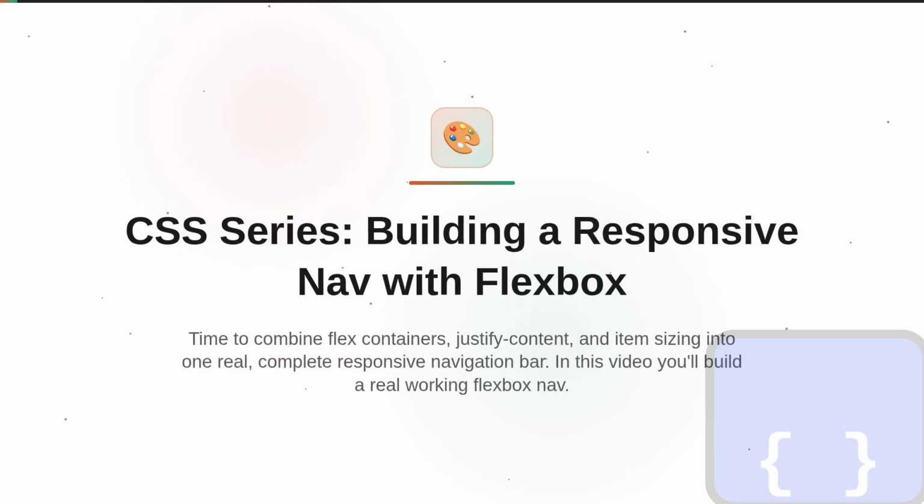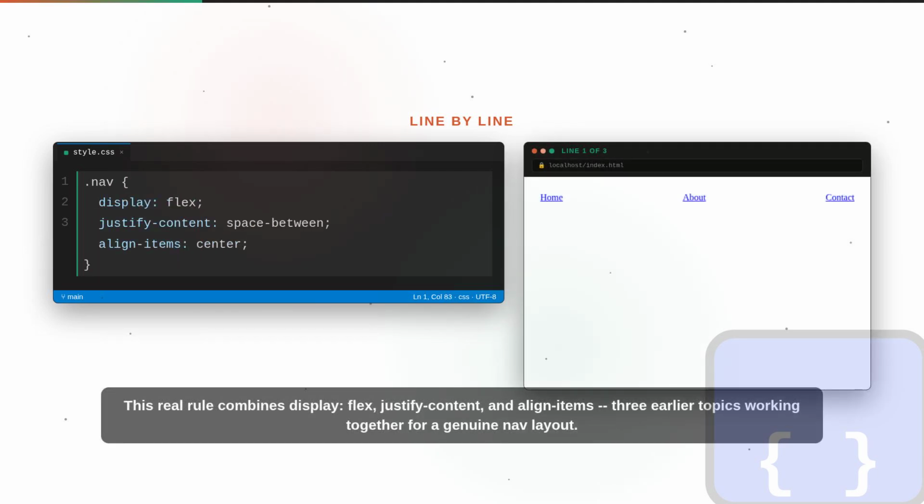Time to combine flex containers, justify content, and item sizing into one real, complete responsive navigation bar. In this video you will build a real working Flexbox nav. This real rule combines display, flex, justify content, and align items, three earlier topics working together for a genuine nav